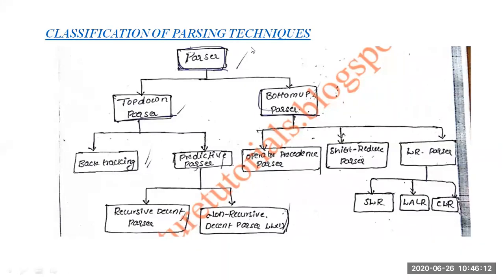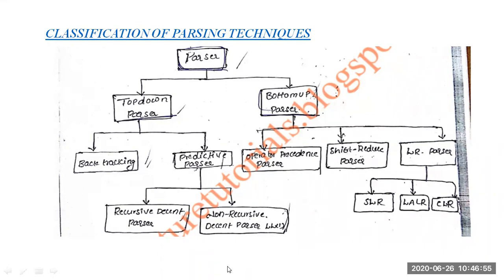How to provide the syntaxes? That is the first issue. For that, we have the following techniques, and all these techniques are used for specification of syntaxes. For example, if you are writing a parser for the C language, we have a lot of syntaxes. All those syntaxes must be given to the parser in advance. Only then, whenever a sequence of tokens comes, it will compare those tokens with the syntaxes. If they match, it will accept that one; otherwise, it will reject it. So first, the parser must know the syntaxes of your language. How to provide those syntaxes, that is one issue.